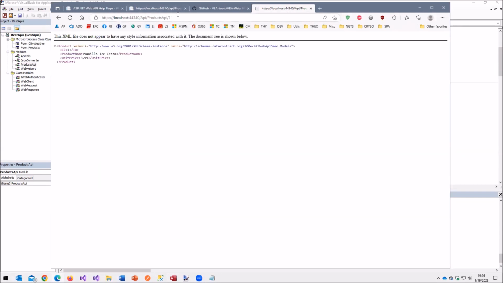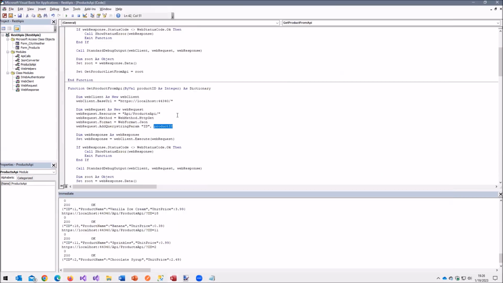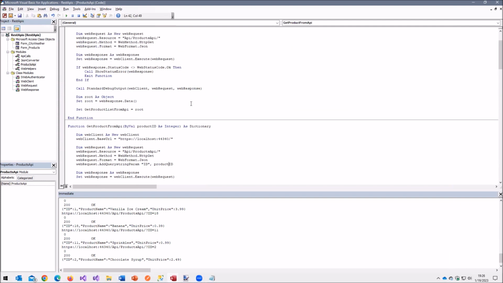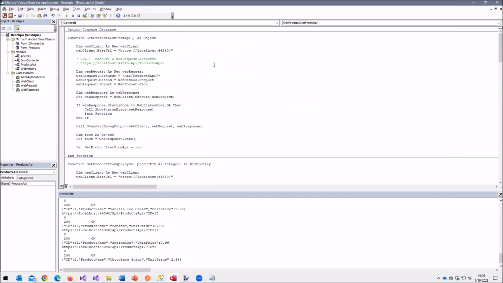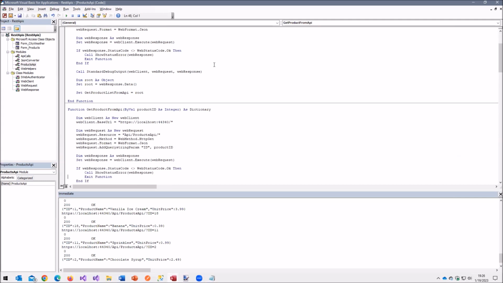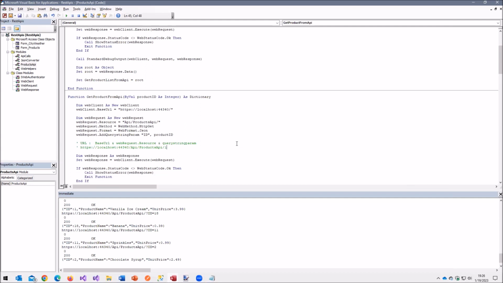That's essentially what I'm doing in my VBA-Web. I'm basically just saying add a query string parameter to the ID. So now my URL looks like this. Okay. So that's getting added on.